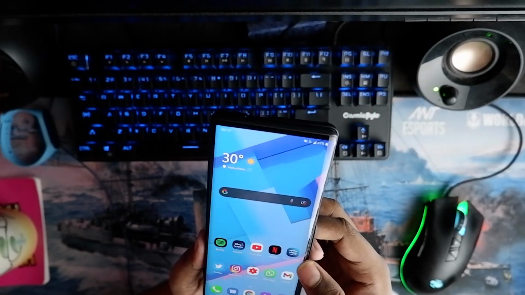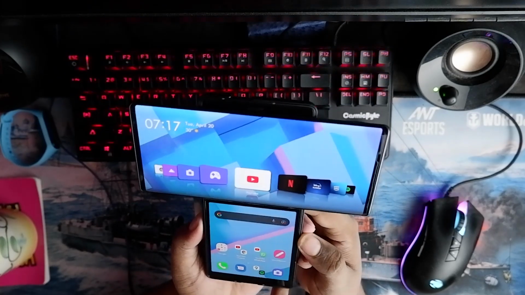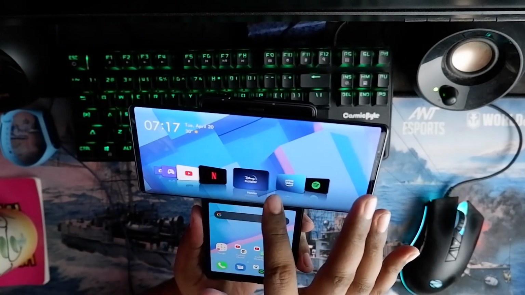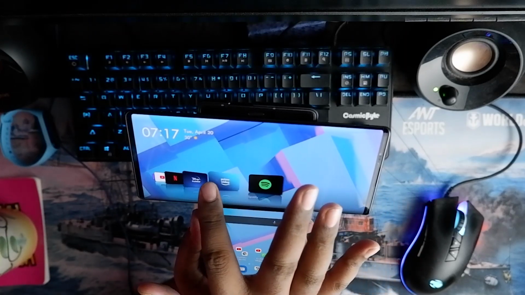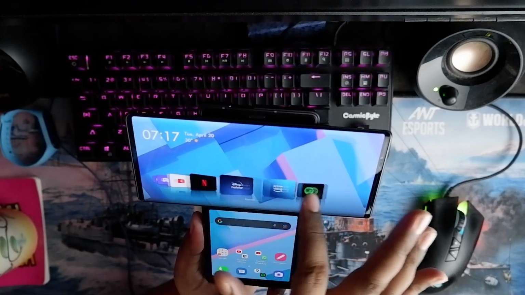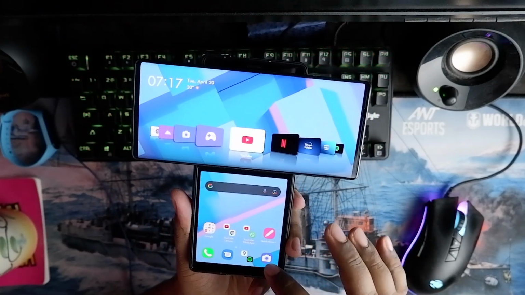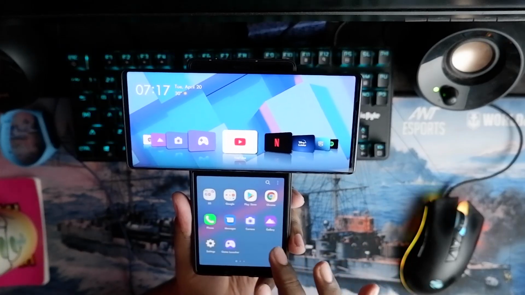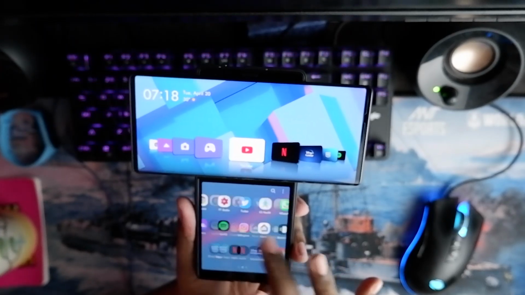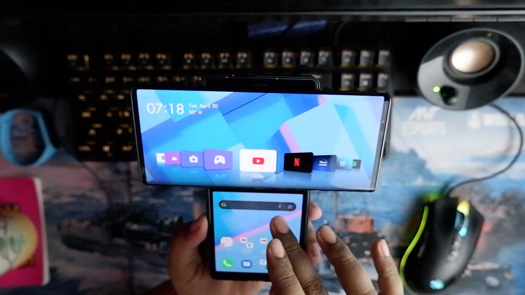Let's quickly open it up, and voila, as we can see, this is the swivel mode. You have these handy shortcuts on the home screen. I've added a few more like Netflix, Disney Plus, Prime Video, Spotify, and these were the ones which were there from the start. And as you can see, this is the bottom screen. I've ticked all these apps here,